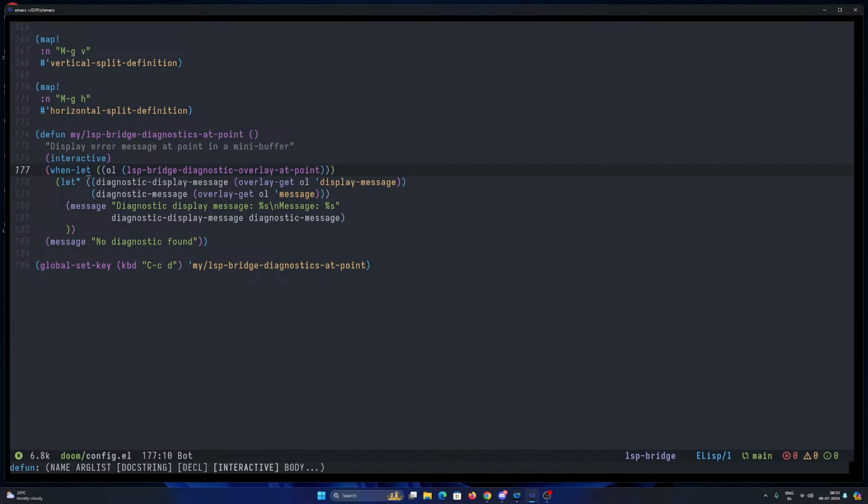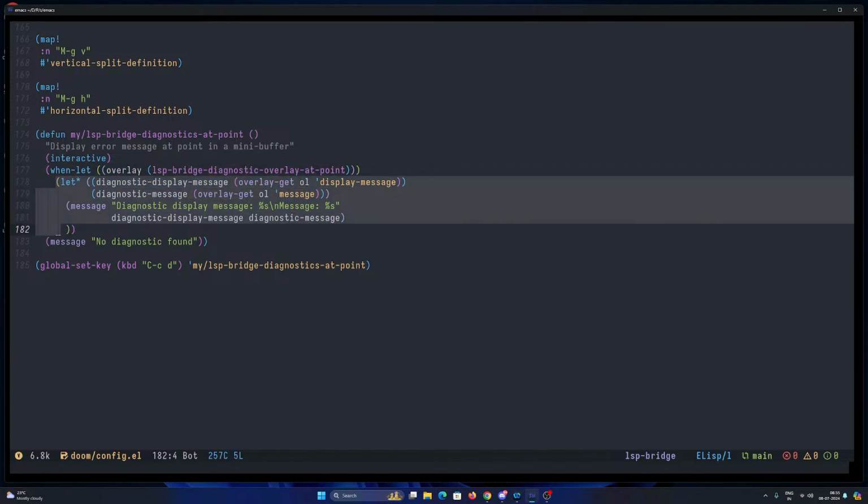Interactive, when-let ol. Okay. How about this? Let's just, for once, change something, just making sure that actually the error is